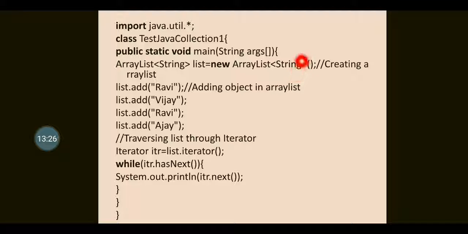Here the data type is String type, and ArrayList of acts as a constructor, and here list acts as an object. And list.add, I am going to add the objects in the ArrayList one by one with the help of the add method. list.add of Ravi, Vijay, Ravi and Ajay. Here Ravi is added twice, but it's not a problem because we have already discussed that the List interface allows